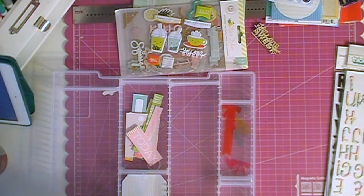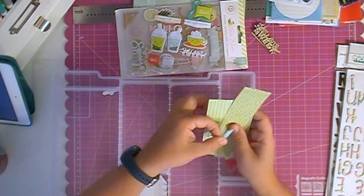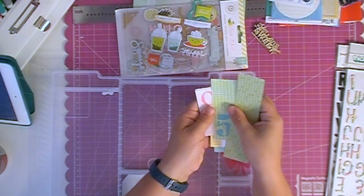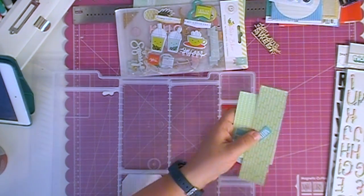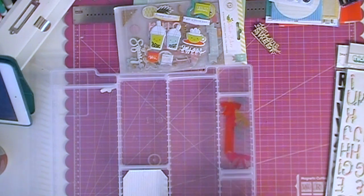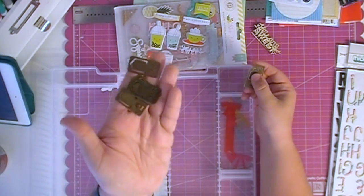I had cut apart the large Chickanity piece of paper, and I have quite a bit of them left, but I still at the same time use quite a bit. So they're just like little sayings and stuff. I'm going to keep these. I have a little bowl here on my desk. I'm going to put them right in, and I'll pull from them as needed. I will use those. And then I have all of these poolside crepe paper metal tabs, which I will